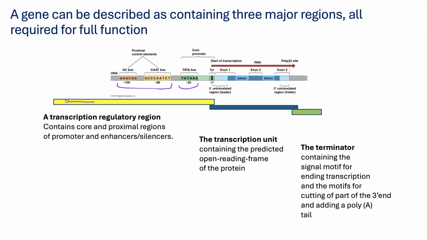Upstream of that, there are additional special enhancers and silencers and so on, which we'll talk about very briefly here, but you'll see examples as we go through the semester. We'll talk about how you map those control elements and so on in some organisms. And then there's the transcription unit. This is the part that gets transcribed into messenger RNA. And then there's a terminator. We aren't really going to talk about it, but there are specific sequences at the end of the gene that stop transcription from continuing, and it produces only the messenger RNA.